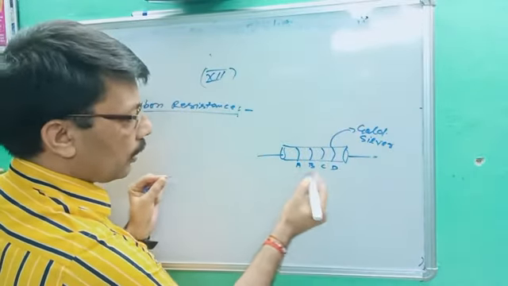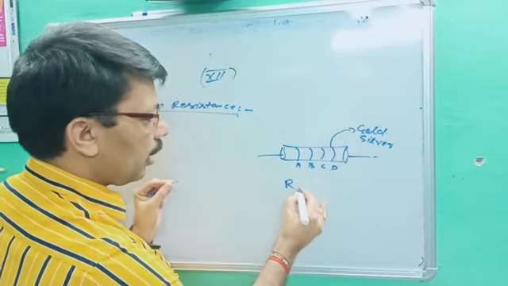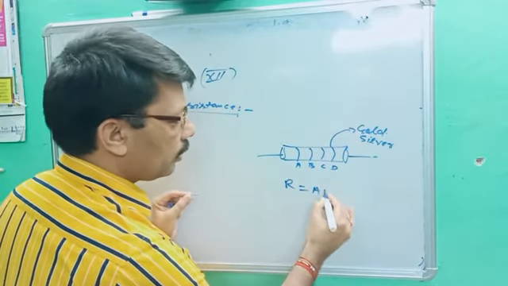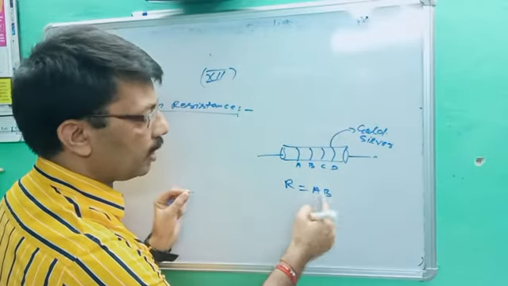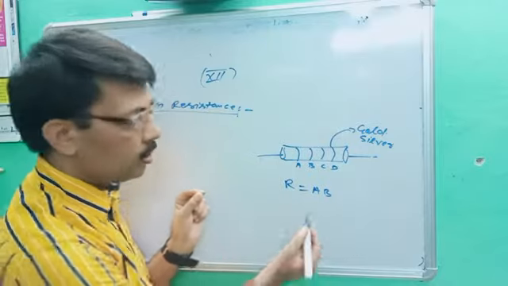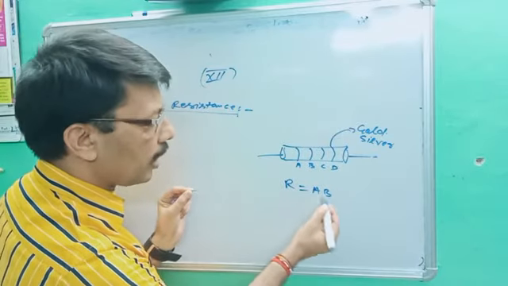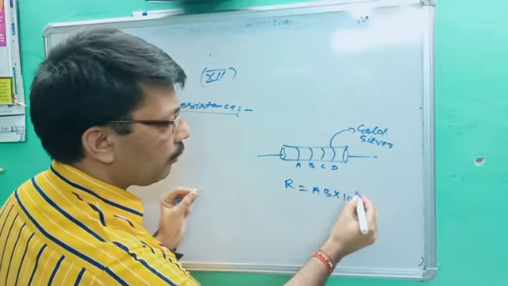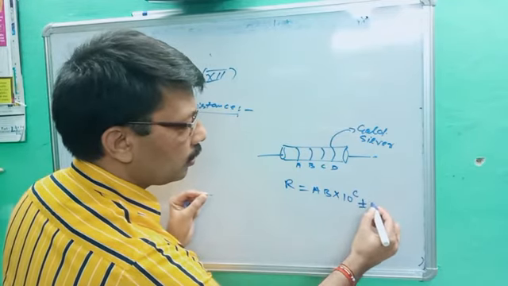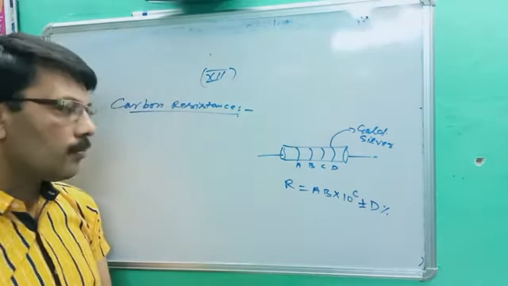Okay. So its resistance will be R is equal to the formula of that carbon resistance. R is equal to AB. Don't multiply it. Normally you have to write AB. Let's suppose A is 2 and B is 3. So you have to write 23, not multiply 2 by 3. So it is not multiplication. Simply you have to write AB into 10 power C plus minus D%. Write down the formula.